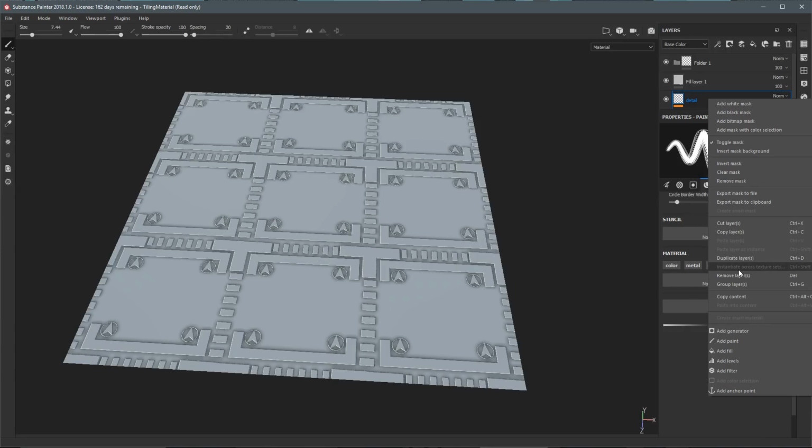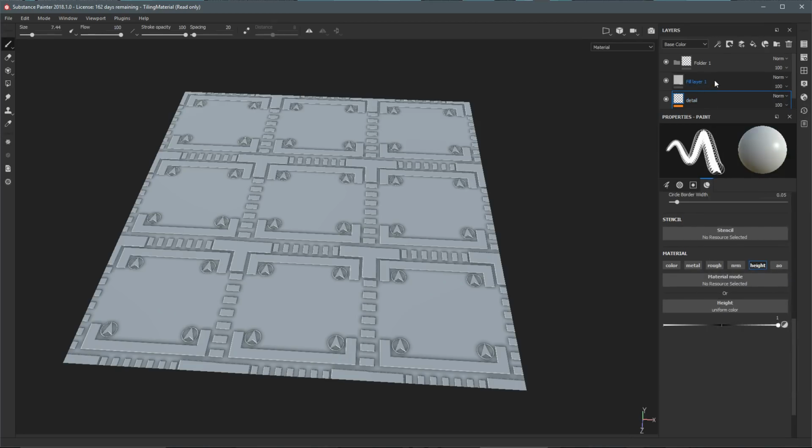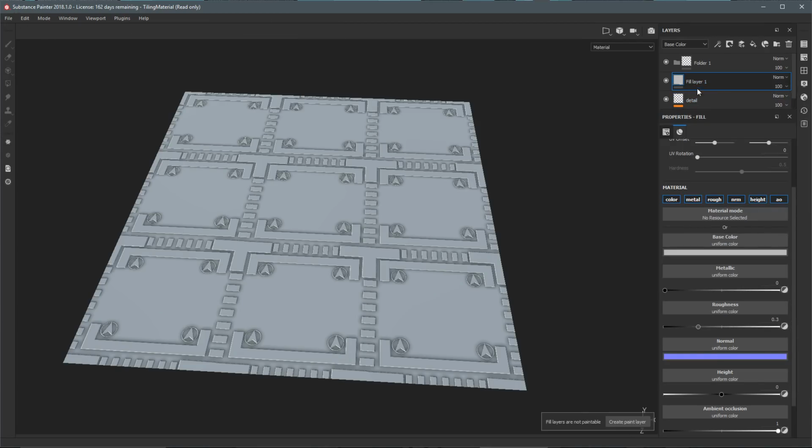At this point in time, you can't instantiate a painted layer across texture sets, so that operation is kind of grayed out for me. Another thing here: if I have my fill layer, and let's say I have a paintbrush enabled, I'm on a fill layer and I try to paint,